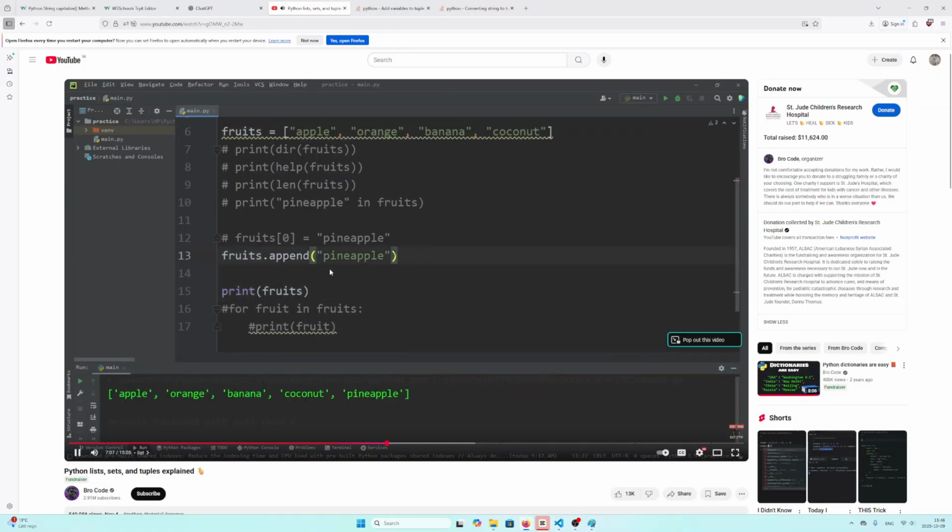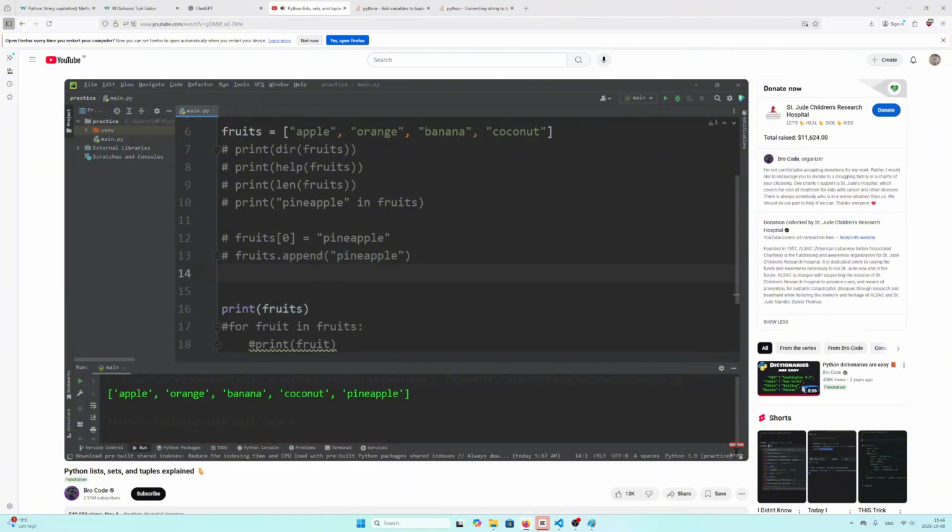Coconut, pineapple. To add an element to the end of a list, use the append method. To remove an element, you can use the